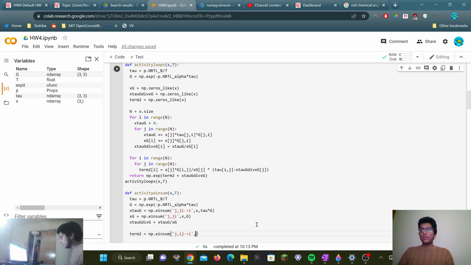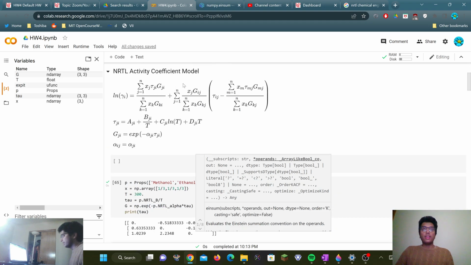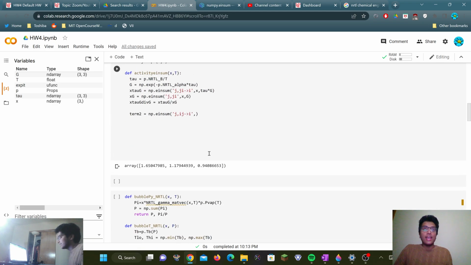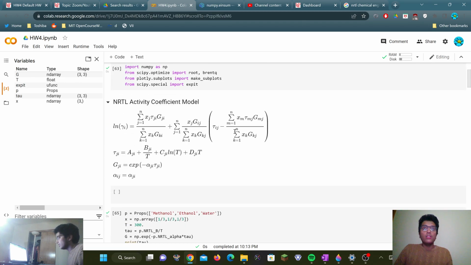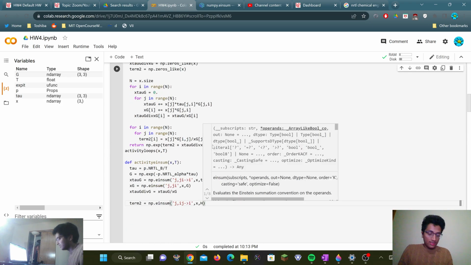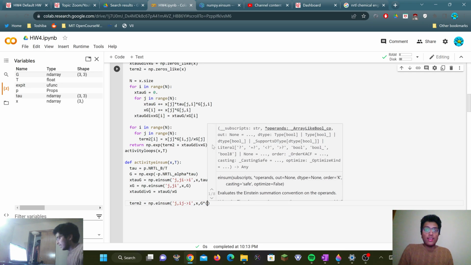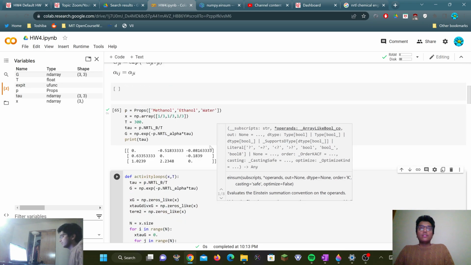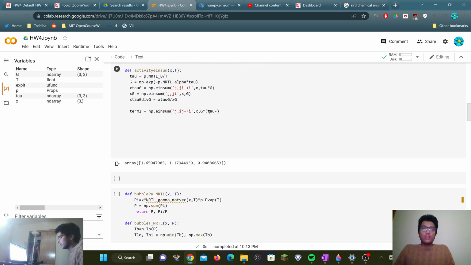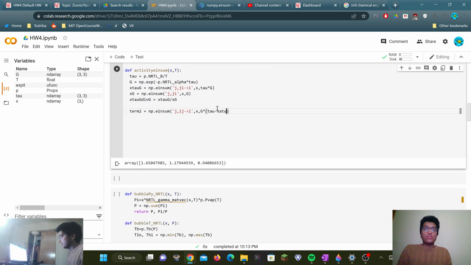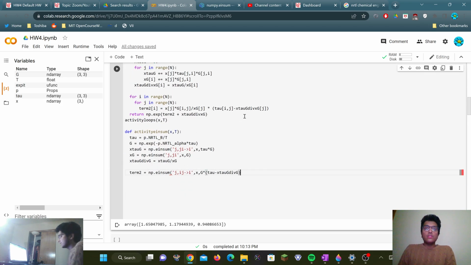And then, so what am I going to multiply here? So let's pick x again, because x has axis j, or g. And then I'm going to do the rest of this. So it's going to be g, oh gosh, this is going to be rough. It's going to be g times tau minus, and then what is it? Oh, x tau g over xg, right? So tau minus x tau g div g, and then you're going to divide that, oh sorry, x tau g div g,